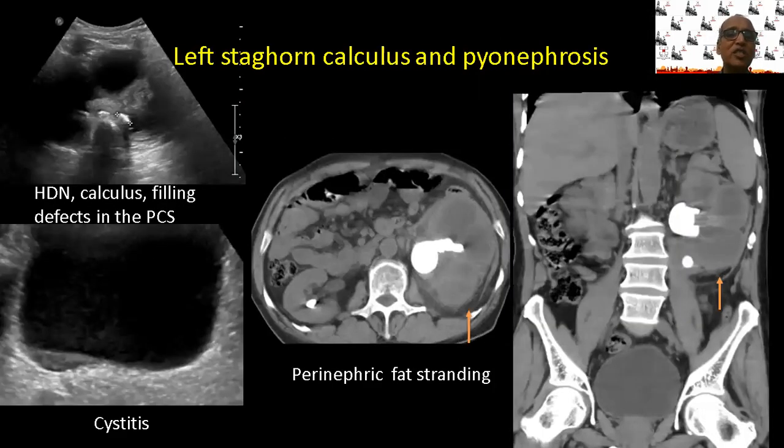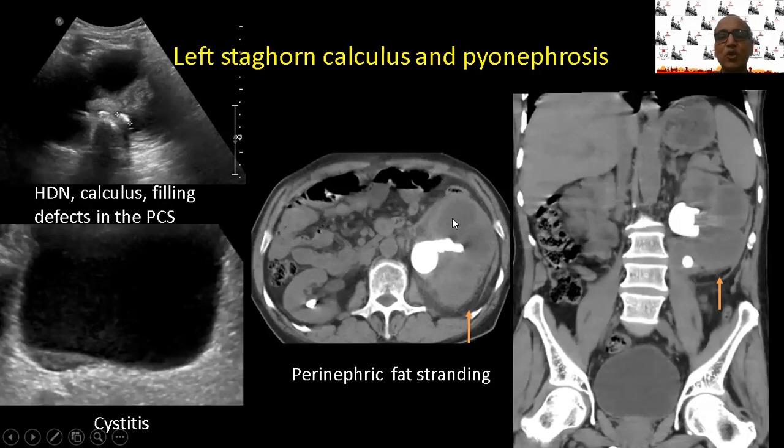Now, CT is much more sensitive and specific to diagnose acute pyelonephritis. You'll have to remember that contrast enhanced CT is the modality of choice. In this particular patient, we have an enlarged kidney, hydronephrosis, debris within the collecting system, presence of a calculus in the kidney, and the urinary bladder shows debris and fluid debris levels suggestive of cystitis,